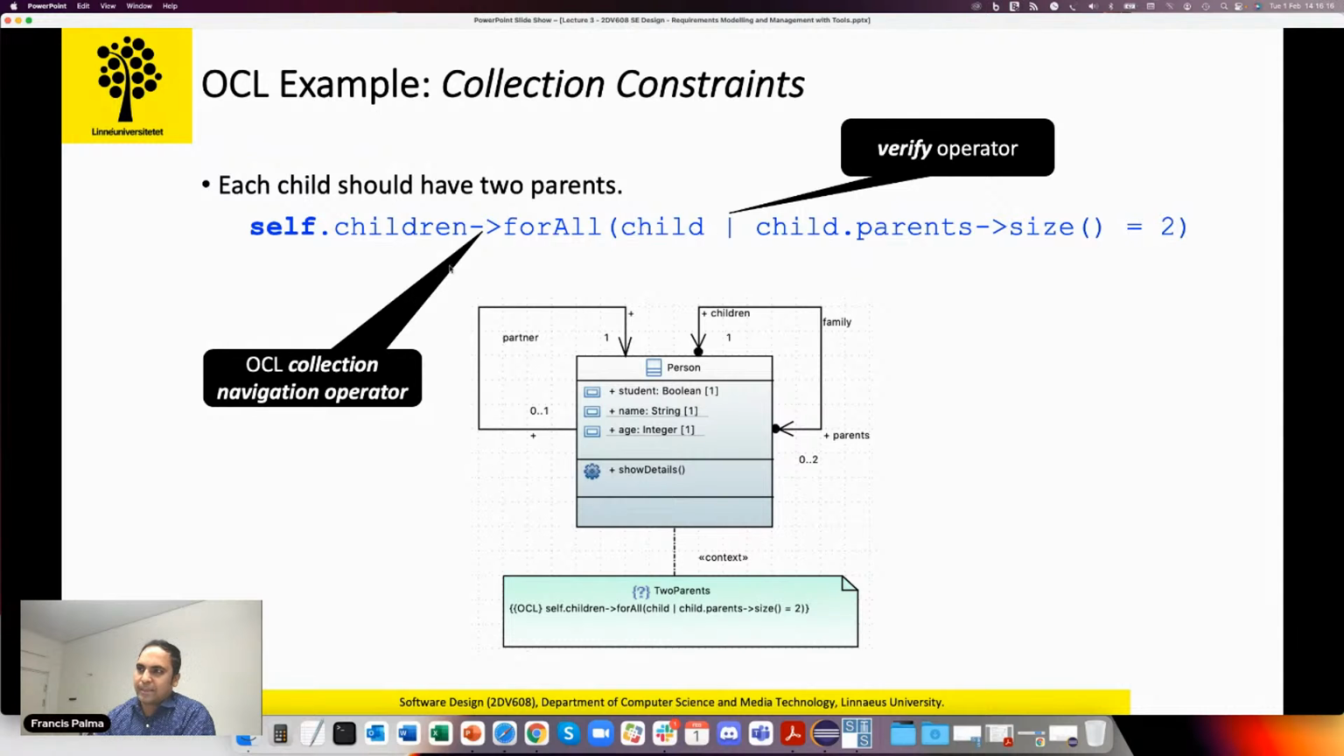So as you can see, there are two new operators. One is the collection navigator operator, and one is the verify operator. This collection navigation operator basically gives you all the children, or a set of children, that you have in your system, and then